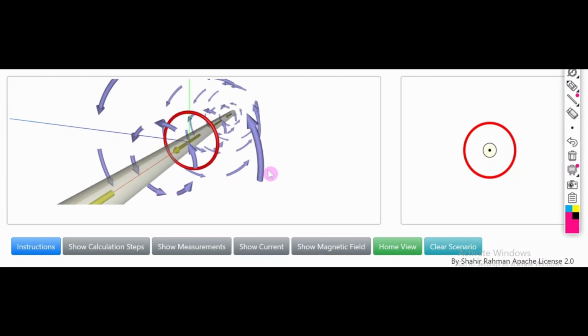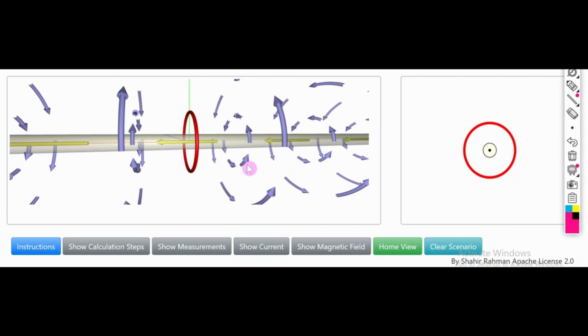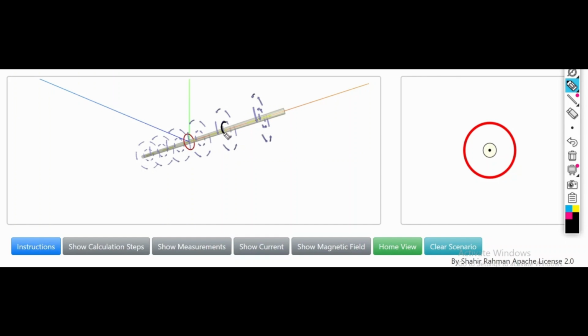Now the question that arises here is: the circle which is made by this magnetic field around this current carrying conductor, I am talking about these lines, this is the circle, and this is the circle. So my question is, can we call this circle an Amperian loop? Or can we call this circle the Amperian loop? So my answer is